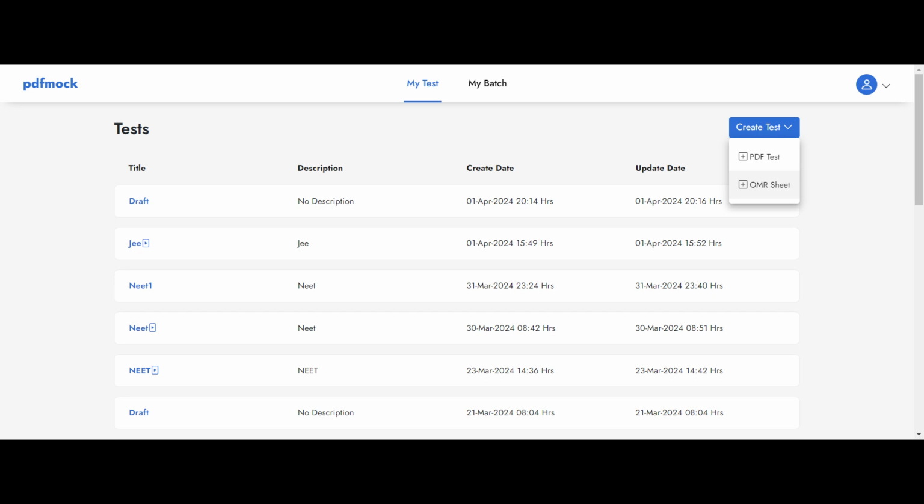They will take their test offline on a piece of paper or OMR sheet, and after their completion, they can use the mobile OMR sheet to fill up all the answers, or the invigilators who are there in the examination room will take the responses from each of these students. So I'm going to show how it happens. You click on OMR sheet,